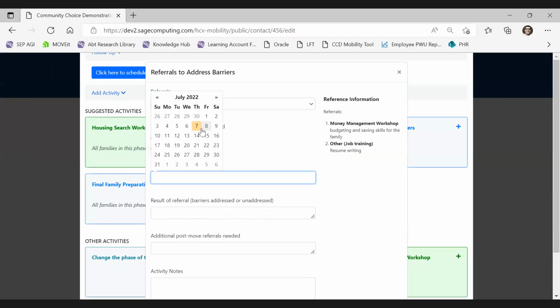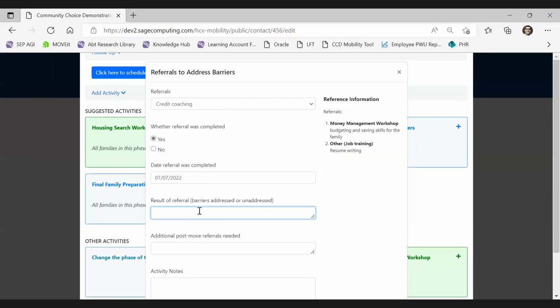Say it was completed. The result of the referral is lower, raised credit score, and no referrals needed for credit.